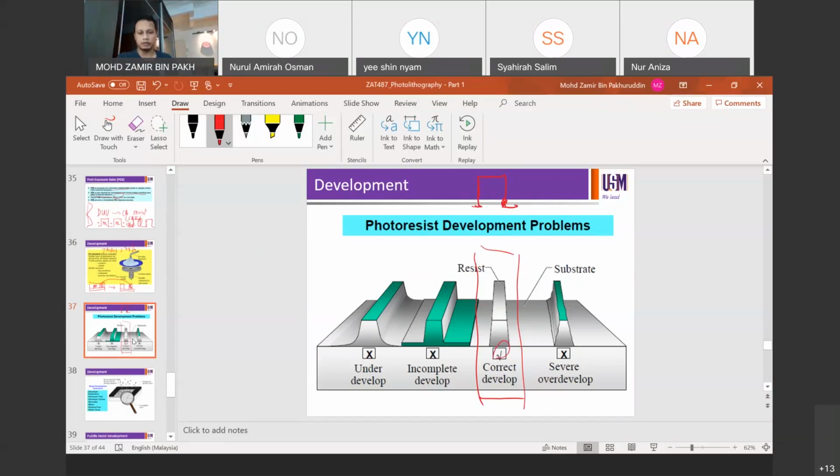So we call it positive. Kalau you nampak trapezium macam ni, well, it's not like that. It's just slightly open at the bottom, slightly wider at the bottom. It's called positive profile. You want to have something like this, not so expanded at the bottom. Positive profile, like that. If you don't develop your resist well, or your exposure